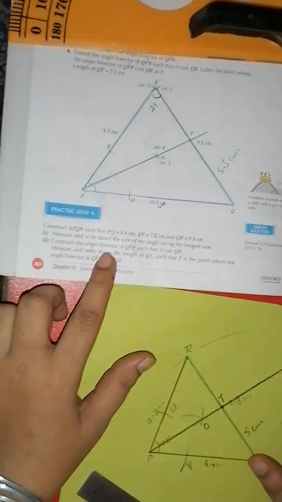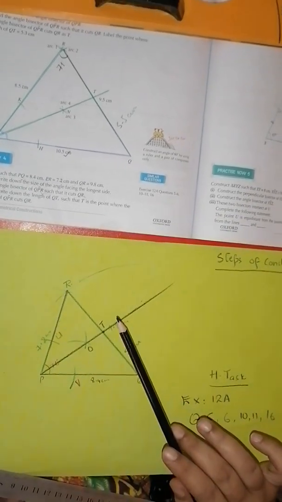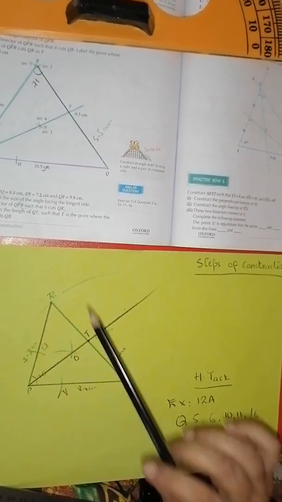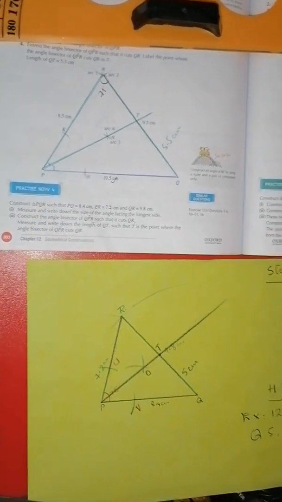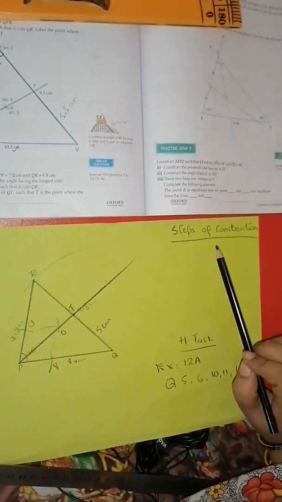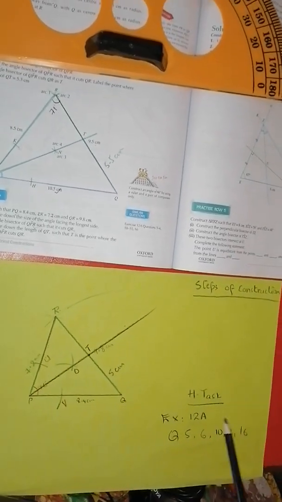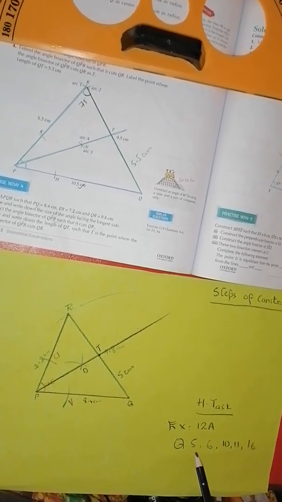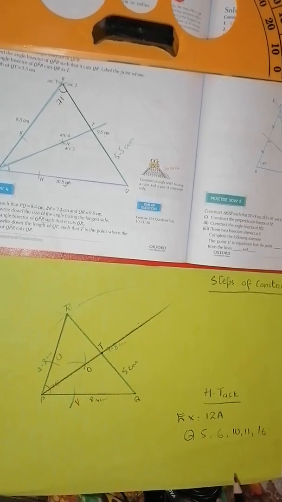That is it. So here we have completed the construction of the triangle, as well as we have completed the given task with this case. Okay, now the steps of construction are very necessary, so write whatever you do accordingly, step by step. See, here is your home task, exercise 12A. You have to do, dear students, question number 5, 6, 10, 11 and 16 in the same manner.